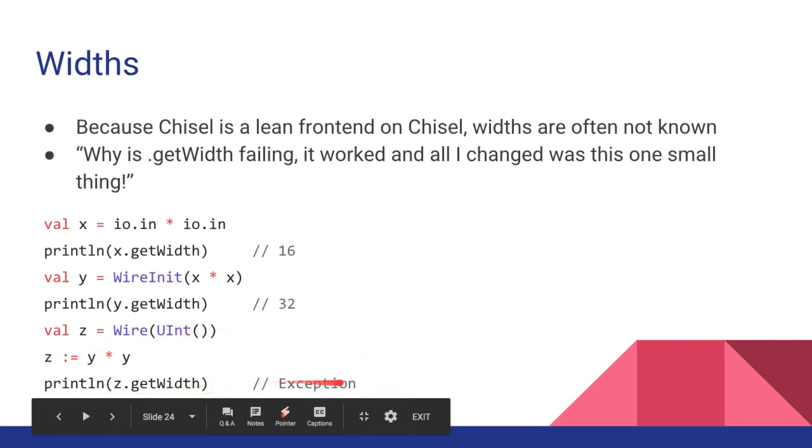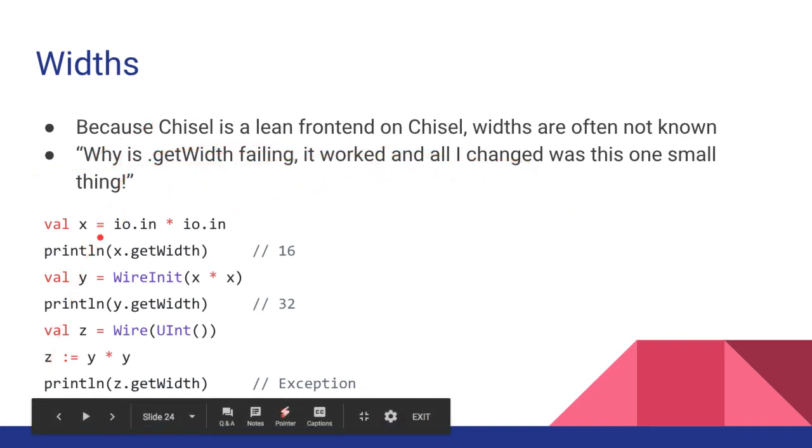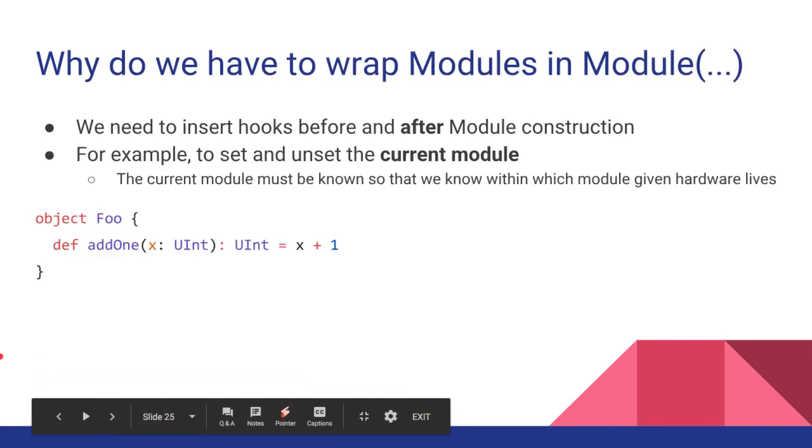Why is this an exception? Well, because of the way width inference works, I know there's only one connection here to z, and you're saying, well, it's obviously 32 bits, but what if below this print, someone wrote connect z to some 128-bit value? So we can't know the width of z because we can't possibly run width inference here. Like I said, it's simply not possible because there could be a connection later that that print line doesn't know about. So the most common example of when getWidth was working and then starts failing is somebody injects a wire like this and then connects to it and expects the widths to be known.